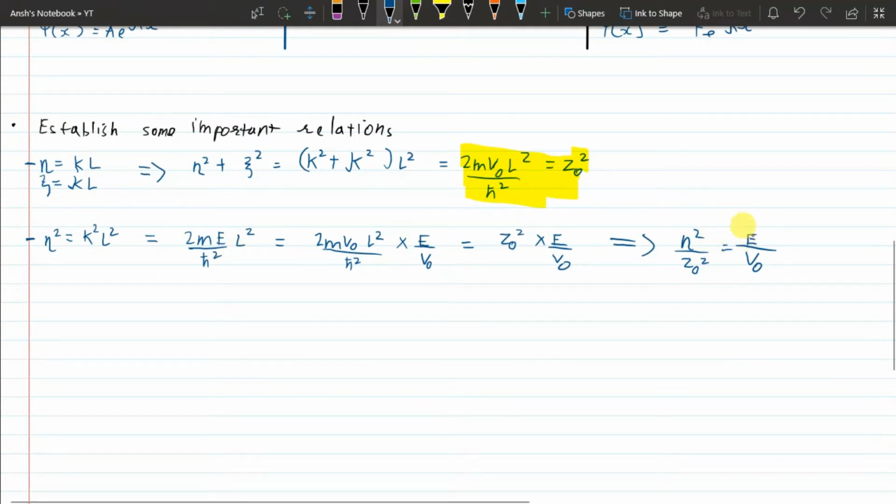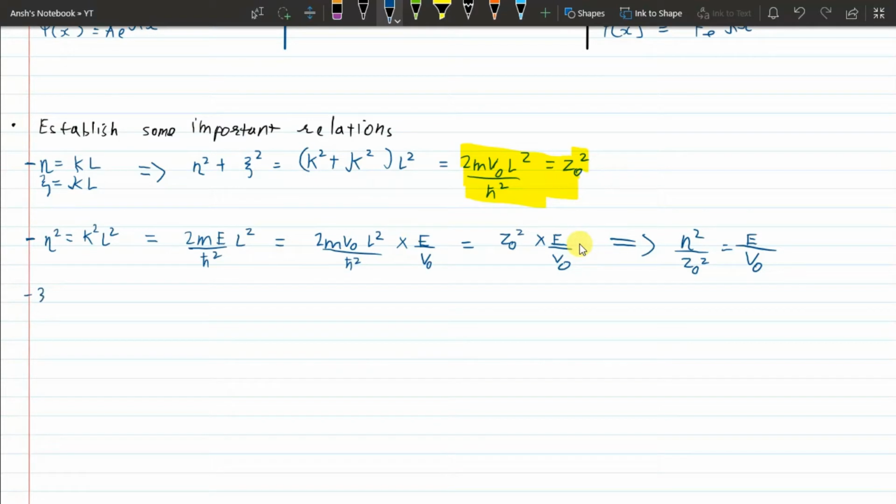very interesting, because on the right side of this equation we have E by V naught. So depending on the energy level of the bound state, this tells us how deep the bound state is inside the well. And on the left hand side we have eta, which is an unknown quantity, and z naught, which is a known quantity. So eta square, this equation, is very interesting in the way that it tells us how deep our bound state is, and how eta relates to that. And similarly we have another relation right here, which will be as follows.